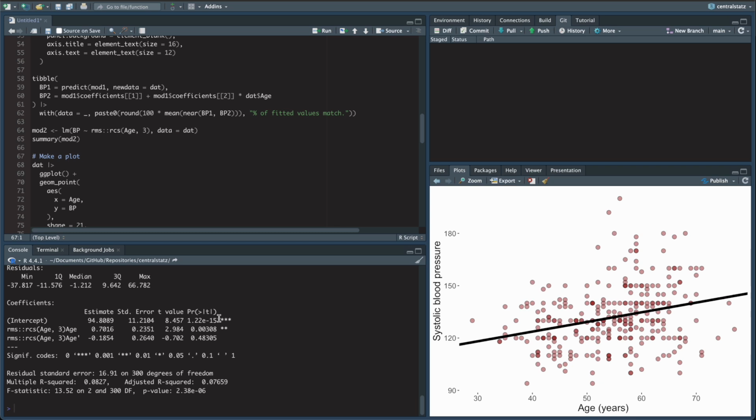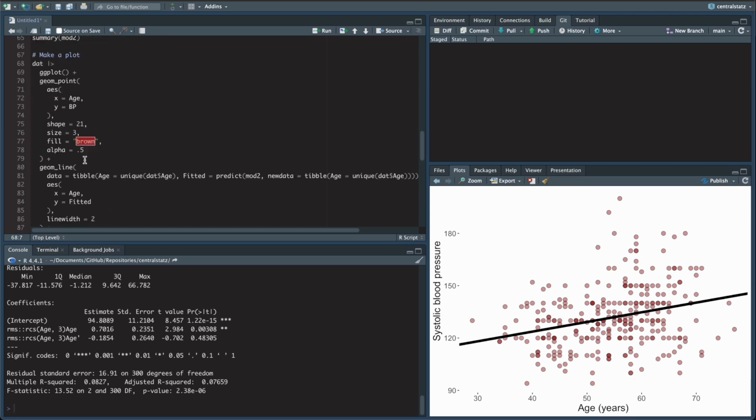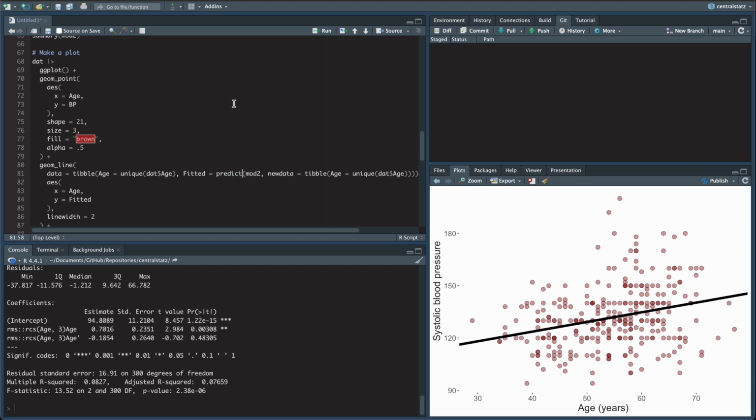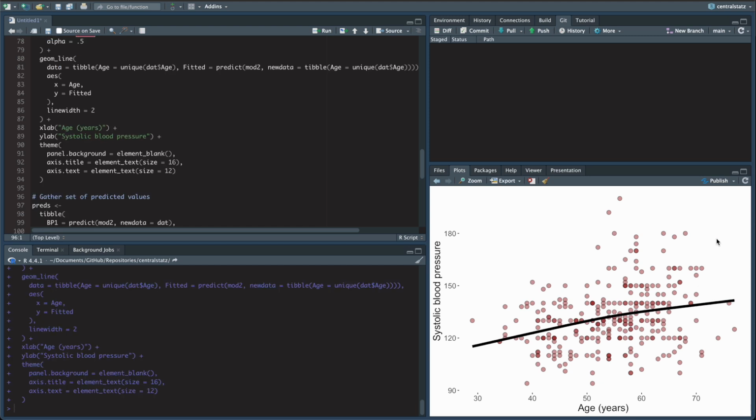Now our model says we have an intercept of 94.8, and a parameter on age of 0.7016, and then a parameter on age prime, whatever age prime is, of negative 0.1854. Here we're adding a fitted value using the predict method, so these are the correct fitted values from R internally. There's a little bit of bend. It actually doesn't go upward like we might have thought. It goes up and then a little more flat. But anyway, it's fitting this more complex model, and in this case a linear model